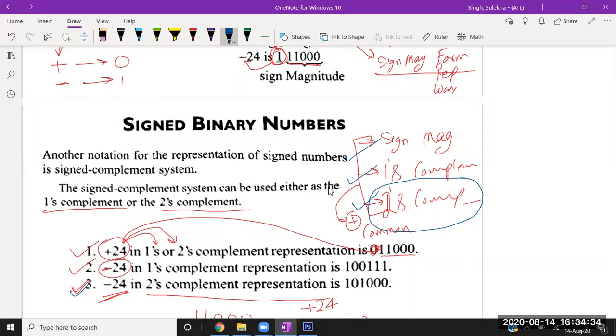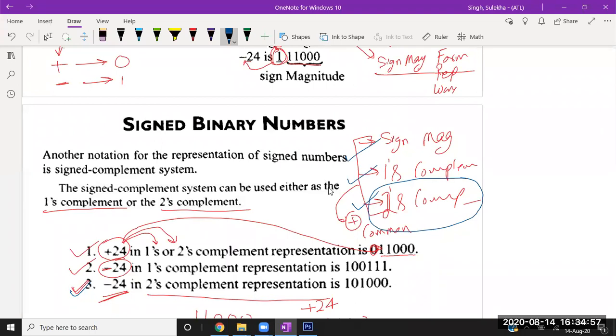Okay, one part is there for positive numbers, one part is there for negative numbers. That is very similar to the decimal number system. In the decimal number system, for our convenience, we have defined all the numbers 0 1 2 3 4 5 6 7 8 9 10, and we are taking a minus sign in front of those numbers and calling them minus 1, minus 2, minus 3, minus 4, minus 5, minus 6, in this way.